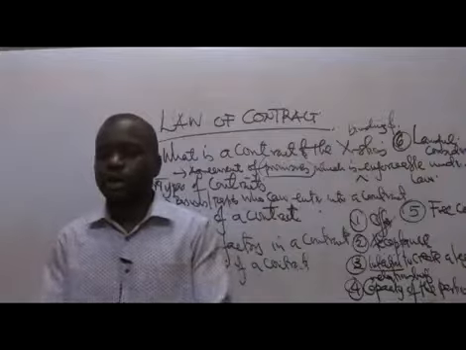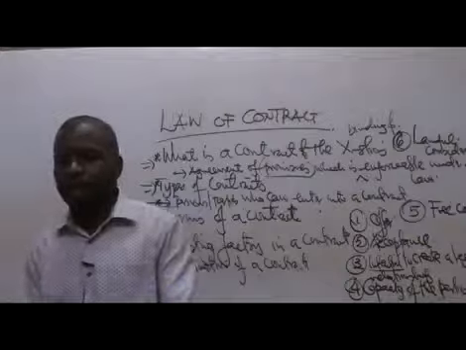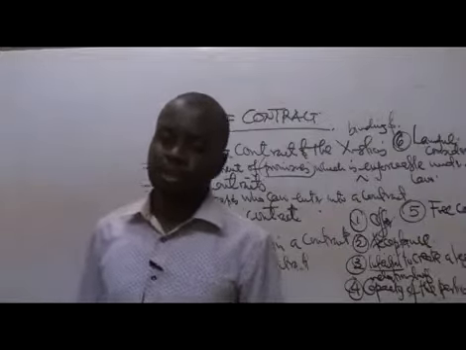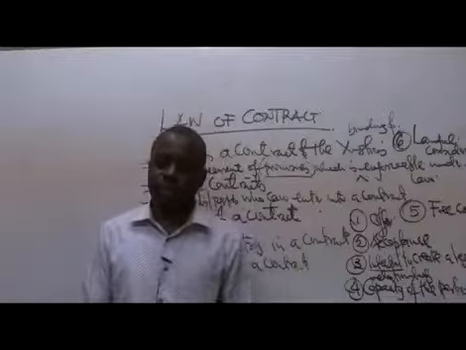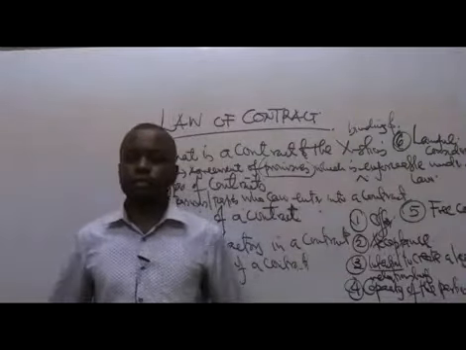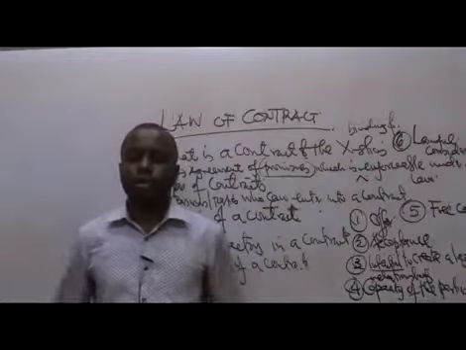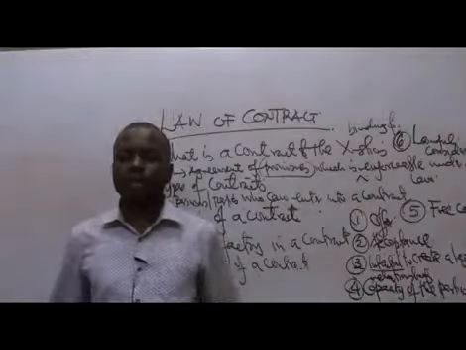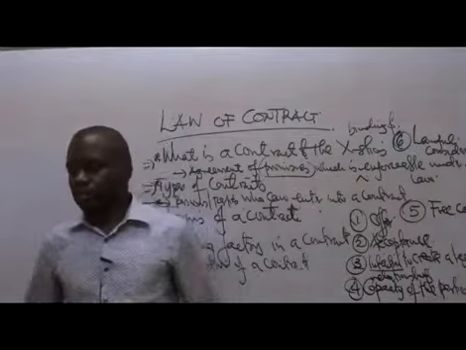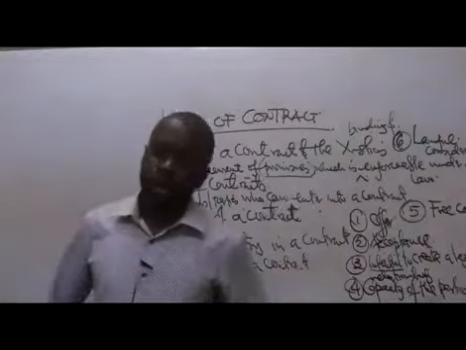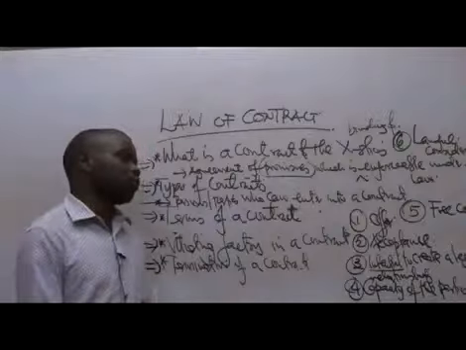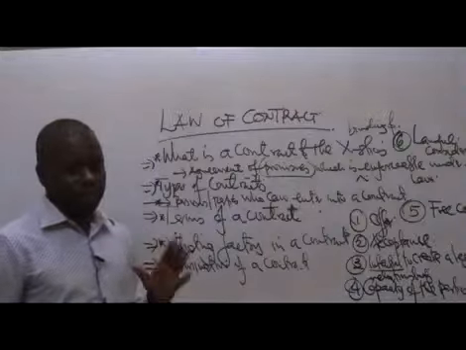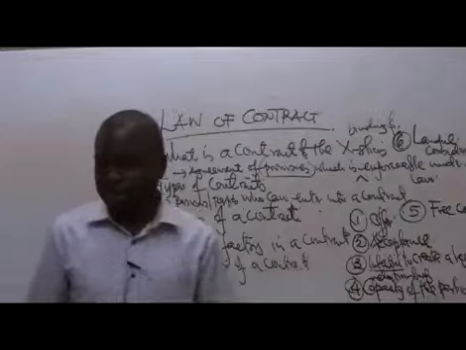So you can simply walk into any supermarket and buy a mandazi and eat it. You can't deny that person because he has not attained the age of 18 years, saying he is not allowed to enter the supermarket and buy. Only under exceptional circumstances can persons who have not attained the age of 18 years contract. So it has to be looked at: does this person have the capacity to enter into a contract?